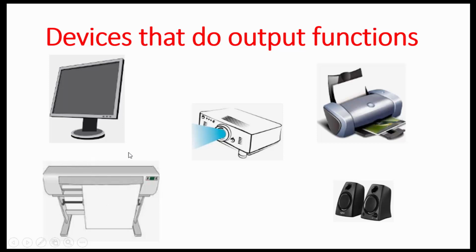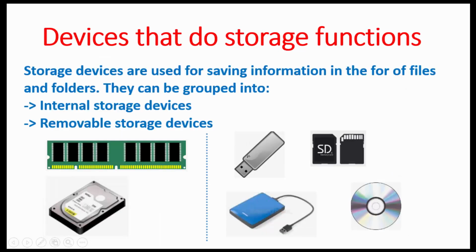Then there is also another printing device which is called plotter. The work of plotter is to print on large sheet of papers large images such as wall charts, wall map, large calendars, large posters. All those are printed using a plotter. Then if you want to get sound from what is playing on the computer, a video or anything else, you use a loudspeaker or earphone. For example, here,